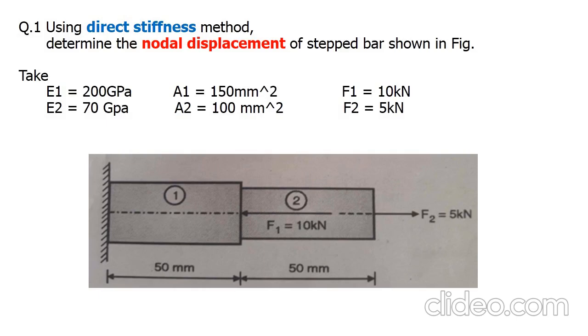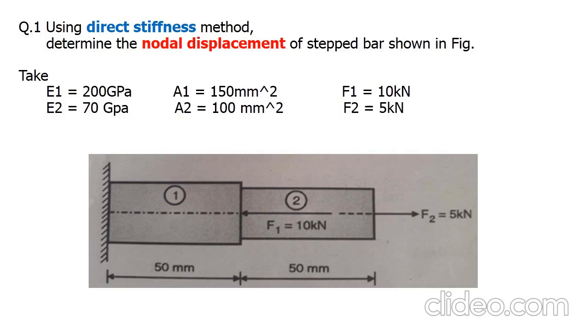So this step bar has two elements with the same length, but their properties are different, that is, their area is different and their modulus of elasticity is different. We can see in the second element that two forces exist. One force exists at the extreme right side, which is denoted by F2. Its value is 5 kilonewton, while at